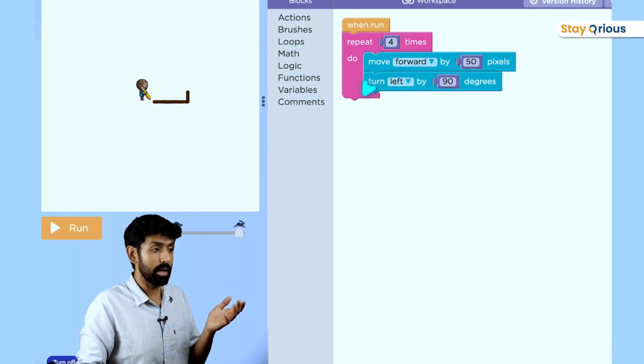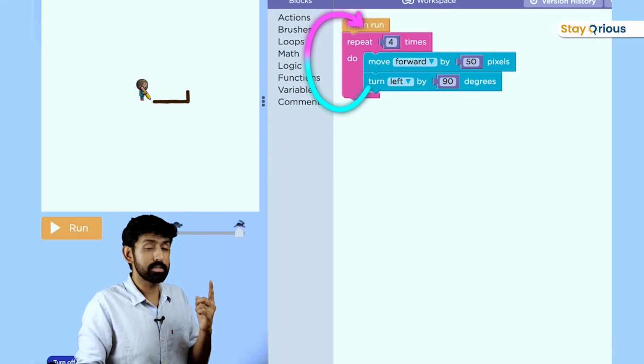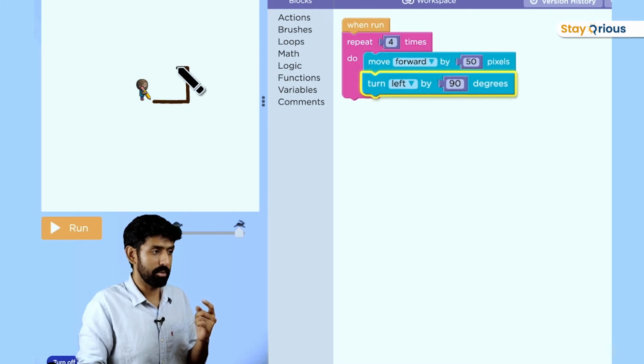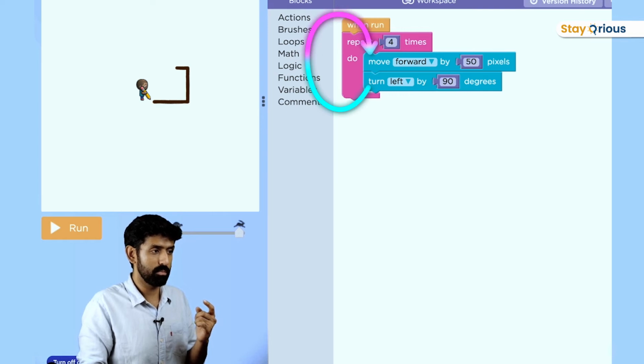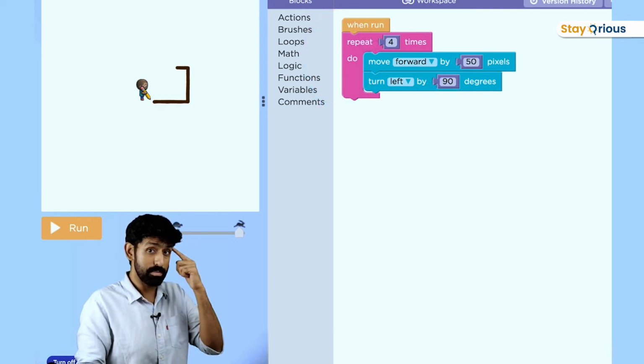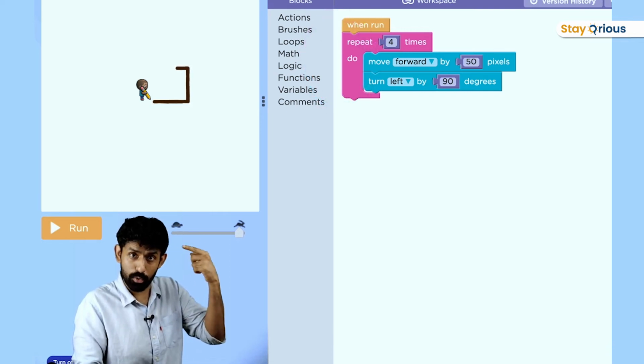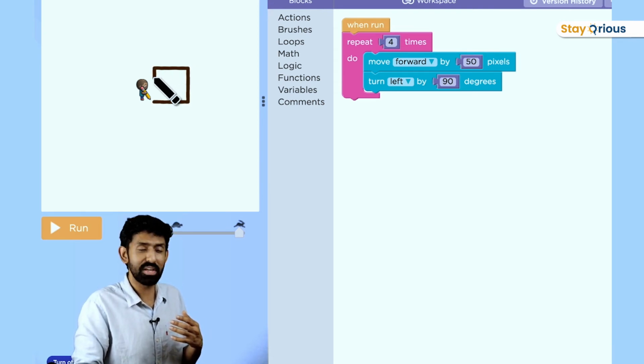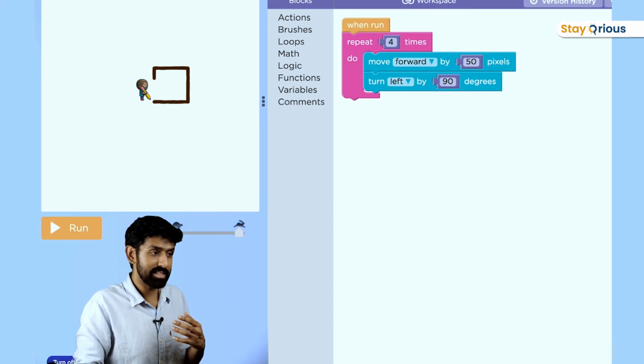And then I'm going to climb all the way here and ask, okay, I've already done it once, 3 more times. And then I'm going to move forward 50, turn left by 90. And then go all the way again. Now 2 more times. So the computer is remembering this number 4, 3, 2. It's counting down in its head, in its brain. And then over here again and then down. That's the 3rd time. And then the last time it again comes over here and then asks,